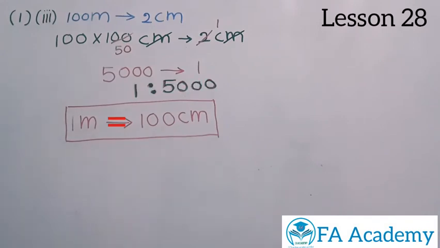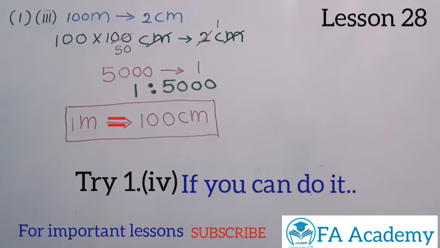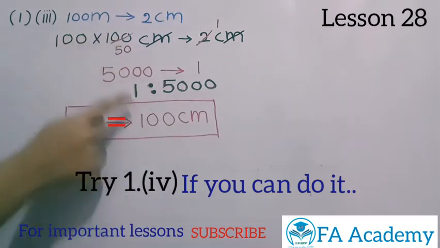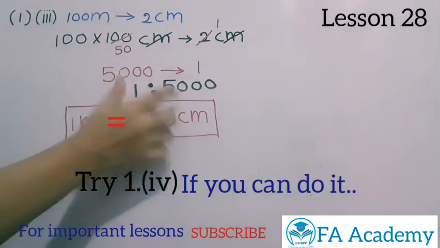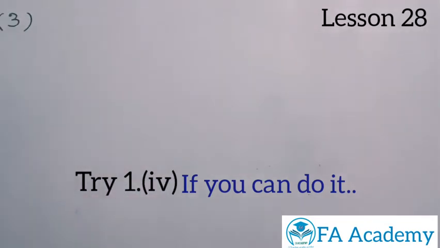So I think it's clear now how to take the ratio. So you can try Roman number 4. It's easy for you. So first you have to convert the units. So once you convert, you have to substitute that here. Then you have to simplify the answer. It's very easy. So when you go to question number 3 in page 142, they are saying to select a